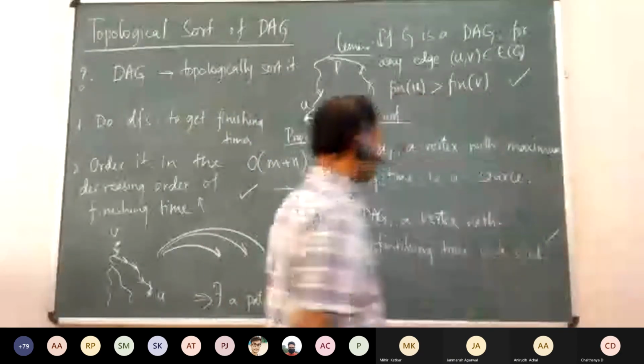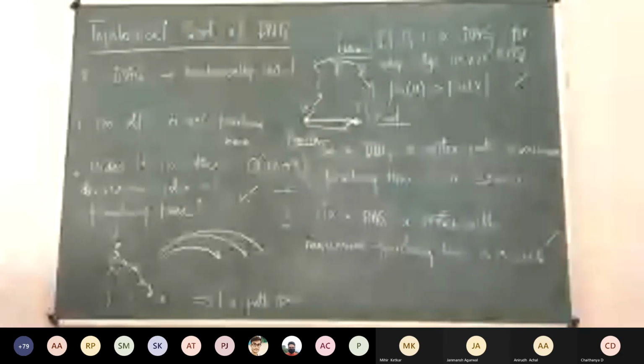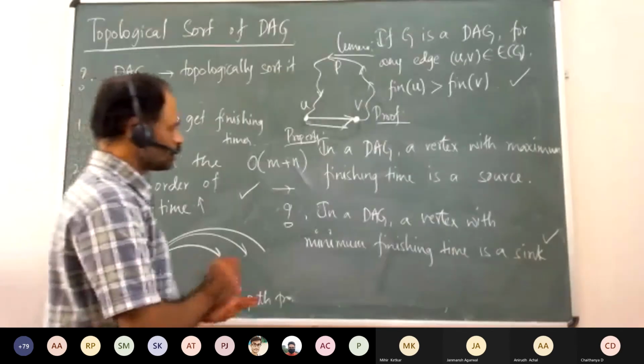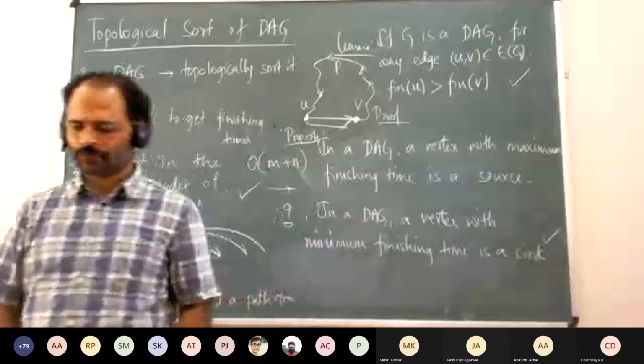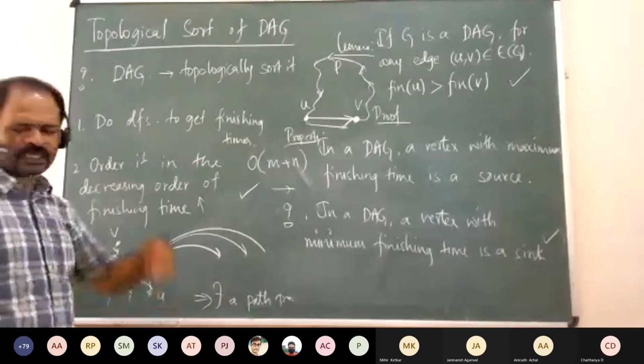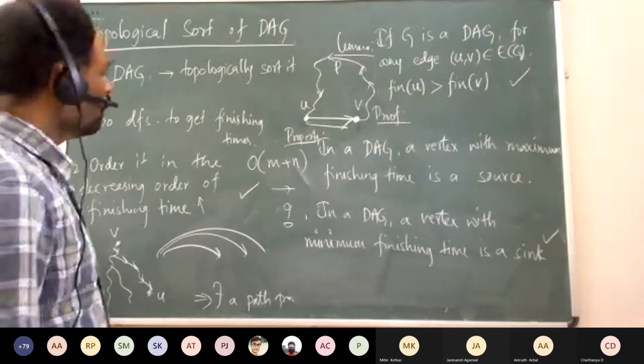Think about DAGs and think about this starting time, finishing time in directed graphs. In the next class, we will again look at a few more examples about directed graphs and try to see if we can use these structures to apply the DFS and even the BFS we have seen to different problems. Okay, so we will end the class here.